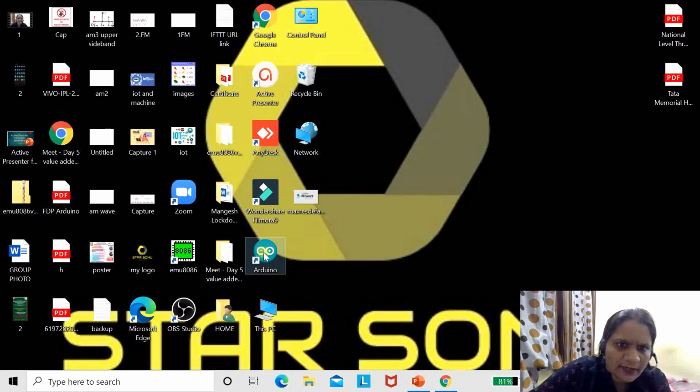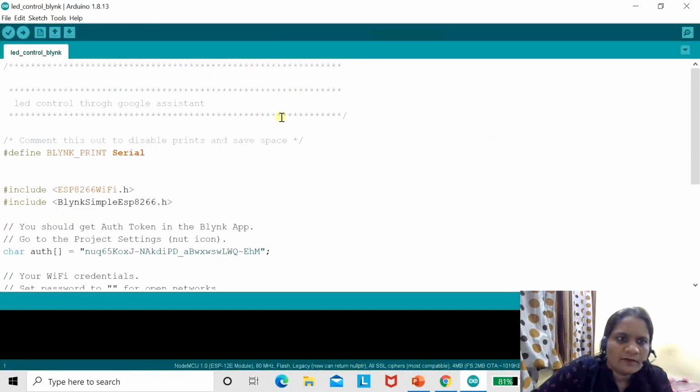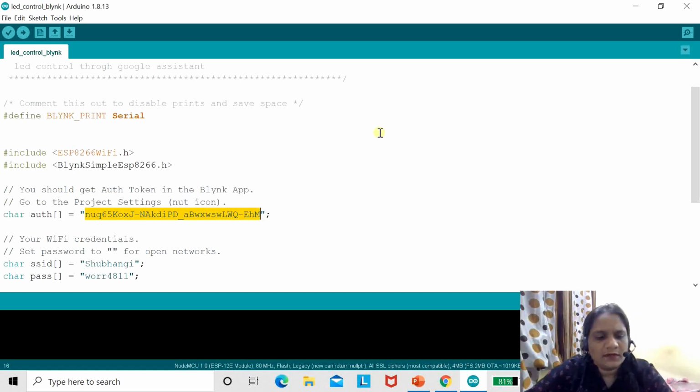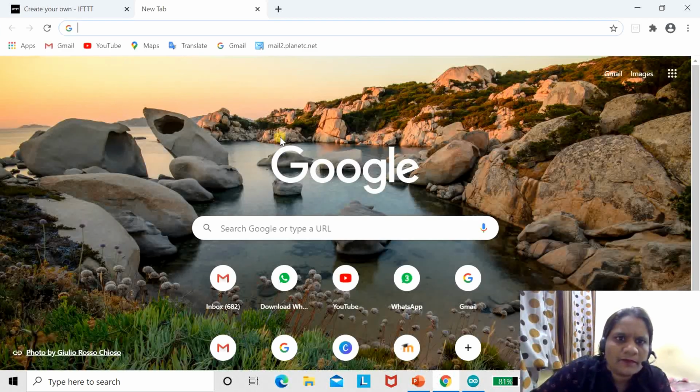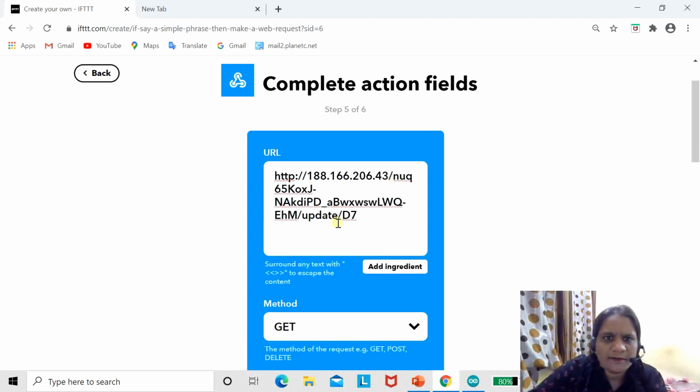Otherwise we can copy it through our Gmail also. You can see that I have copied the authentication key to control Blynk. So now paste that authentication key here.